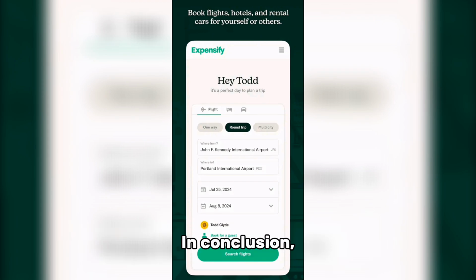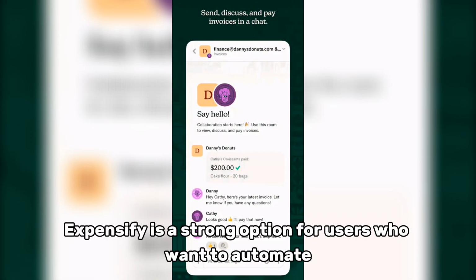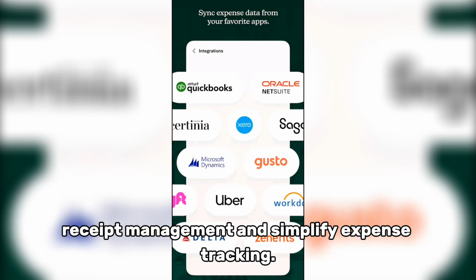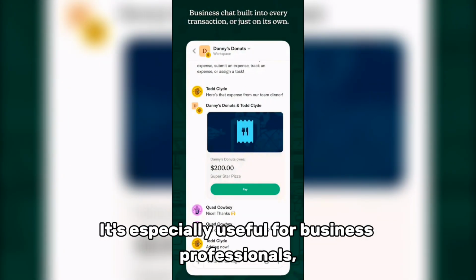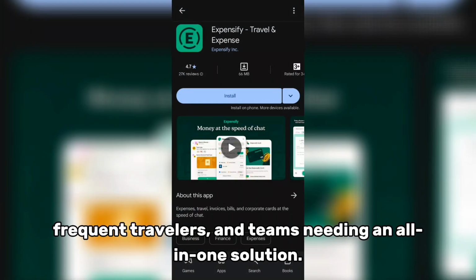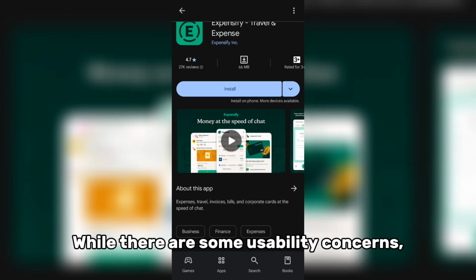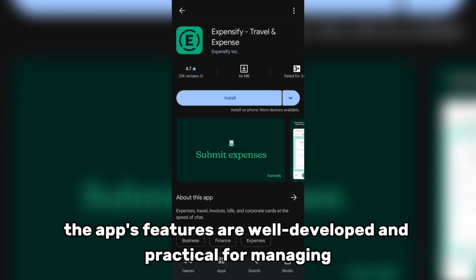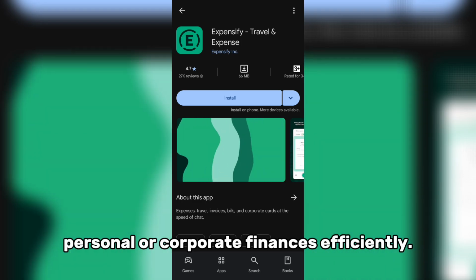In conclusion, Expensify is a strong option for users who want to automate receipt management and simplify expense tracking. It's especially useful for business professionals, frequent travelers, and teams needing an all-in-one solution. While there are some usability concerns, the app's features are well developed and practical for managing personal or corporate finances